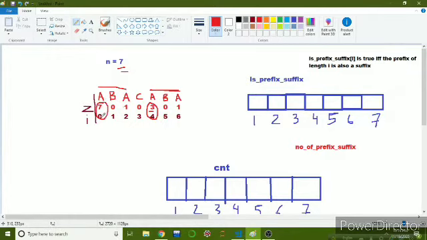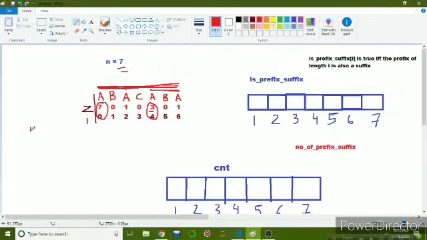So at index 0 we can see that 0 plus 7 is 7, that means we are talking about this whole string. So this whole string is ending at the last index, that means it is a suffix, and according to the definition of Z array, as the value is 7, that means this substring is also a prefix. That means this is a suffix as well as a prefix.